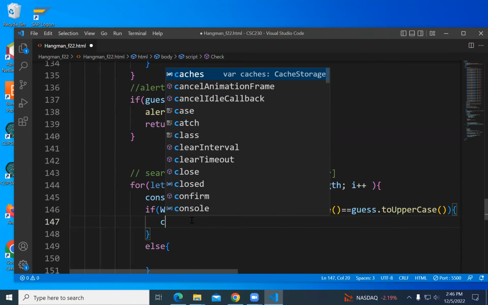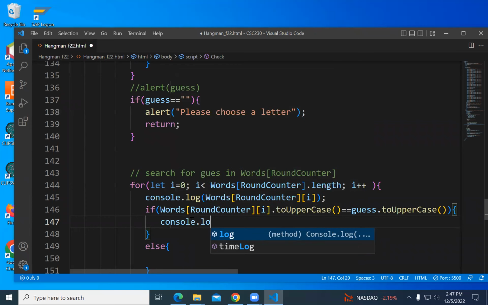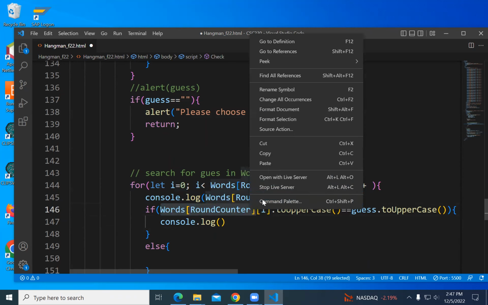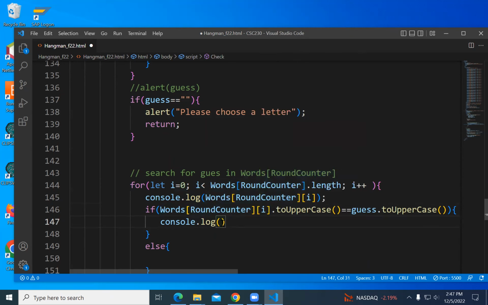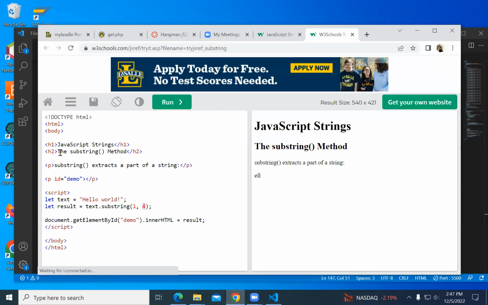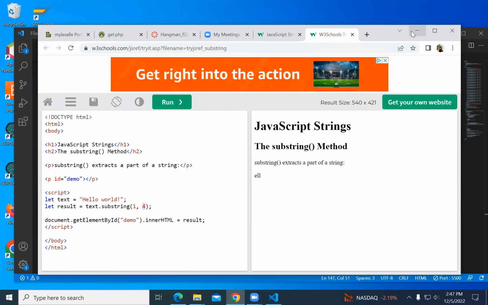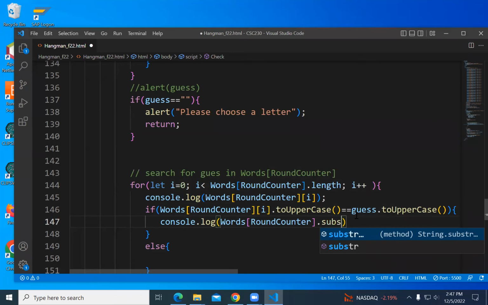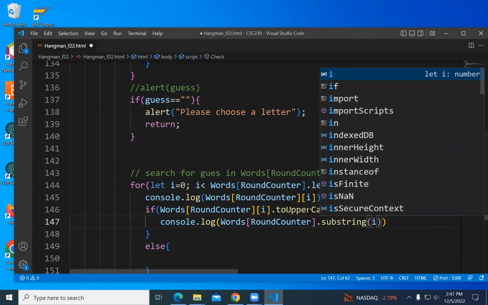Okay, so let's just console log round counter dot substring I. Let's see what that is.